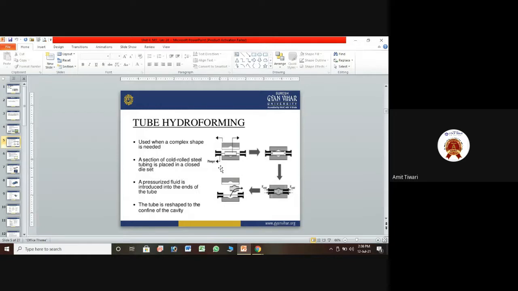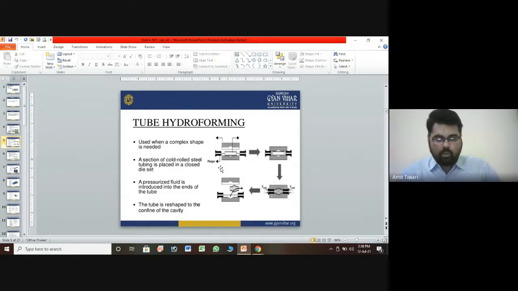So the first requirement is some basic study related to the pressure, the material, and the fluid property. The fluid property is the most important. What fluid property do we require for forming the tube? These are the factors we understand that are related to tube forming.